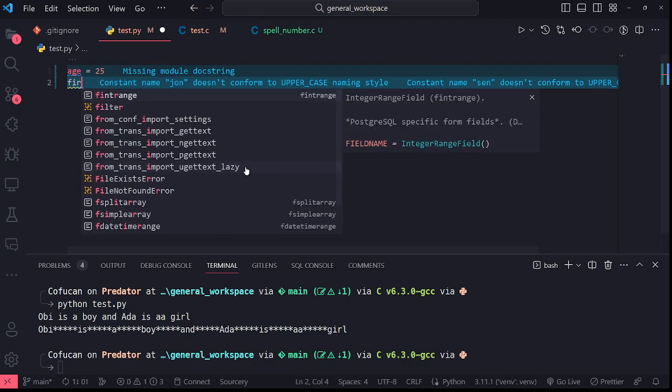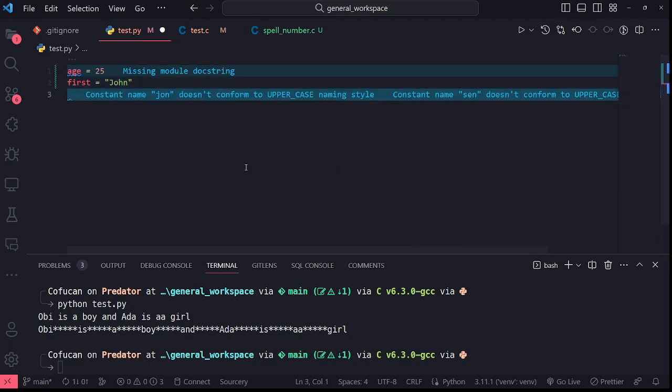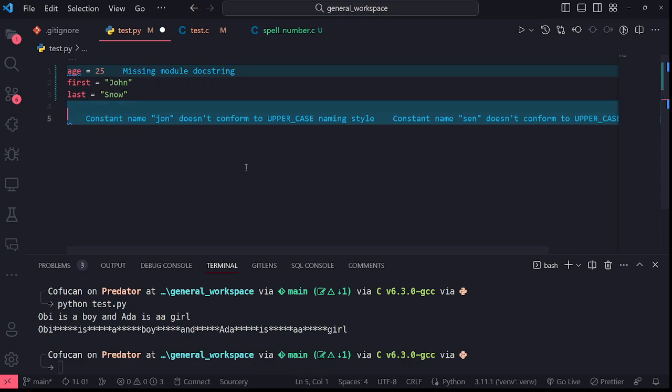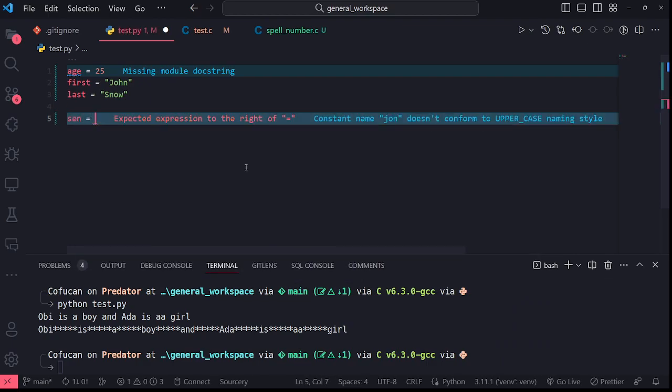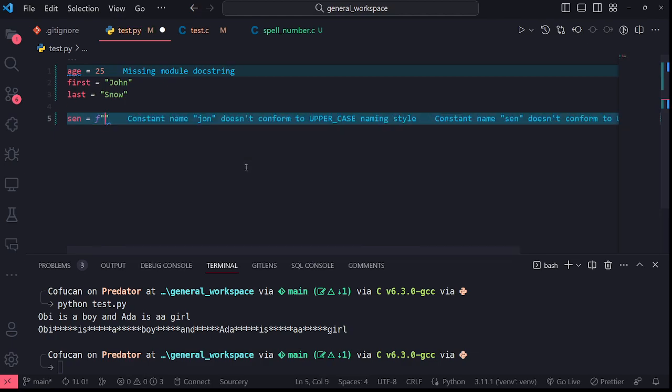Let's say first name is equal to John. Let's say last is equal to Snow. Then let's say sentence is equal to an f string, put f, put double quotes, and let's say